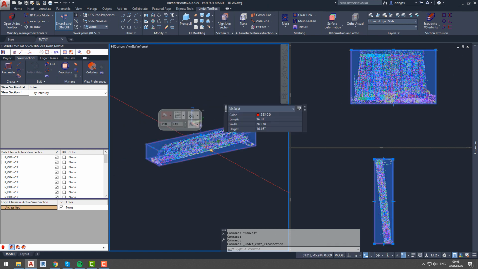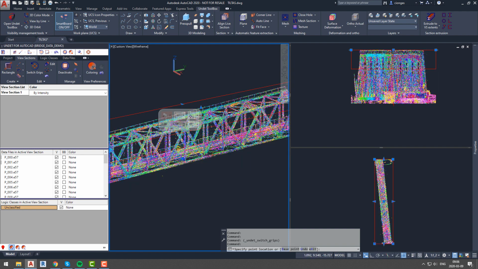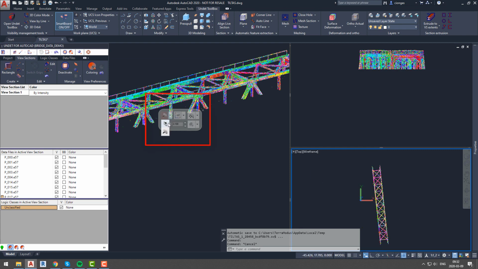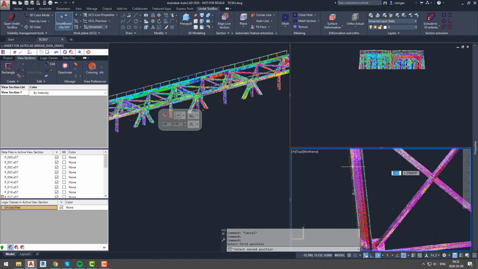profile. So our first move towards creating metal beam will be to adjust our view section so that we will clearly see the beam that we are interested in. After that we will create cross section. To do it we will go to top view and we will mark beginning of the element and then the